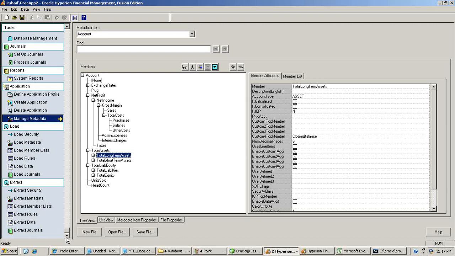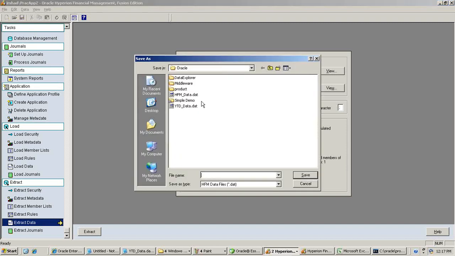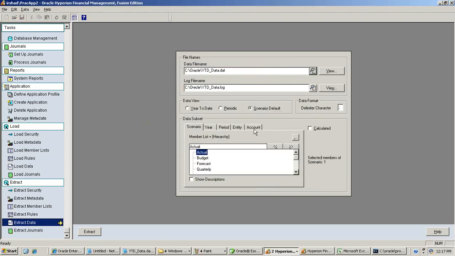So I click on extract data and extract data into my text file. I define what data source I'd like to extract. I'd like to extract actuals for whichever year I'd like to extract. You define the year; I'm going to extract for 2004, 2005, or multiple years. For which period, I can define the hierarchy: quarterly, monthly, weekly. The lowest level is monthly in this example. So I'd like to see monthly and quarterly